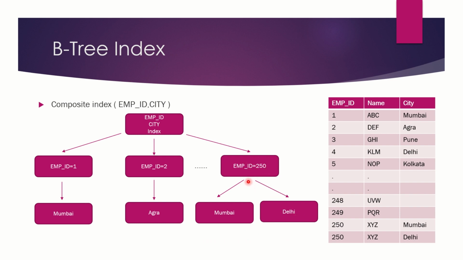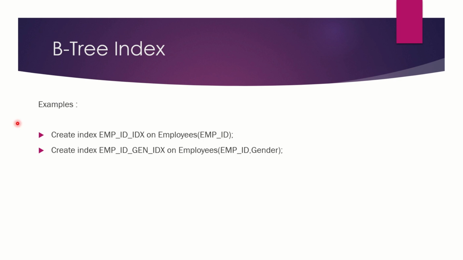That's why Oracle will scan for the first city, that is Mumbai, but since this city Mumbai is not required, it will be discarded. Later, it will come to the next entry, that is city is equal to Delhi, and since this city is equal to Delhi is the required row value, this entry will be kept. So in this case, Oracle basically has to do 1 scan, 2 scans and 3 scans to get the query result. So that is the advantage of the composite index, which eliminates the unnecessary scanning of the undesired rows. These are the examples of the simple and the composite index.